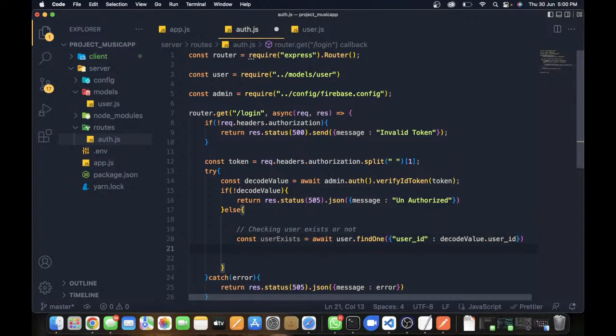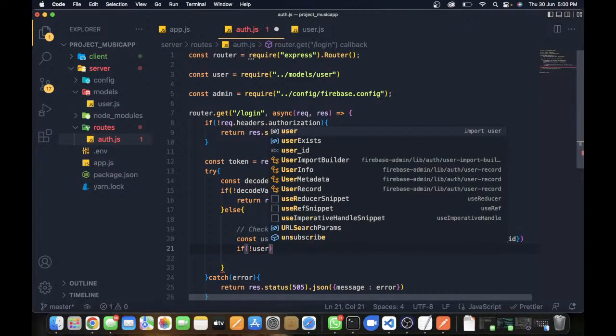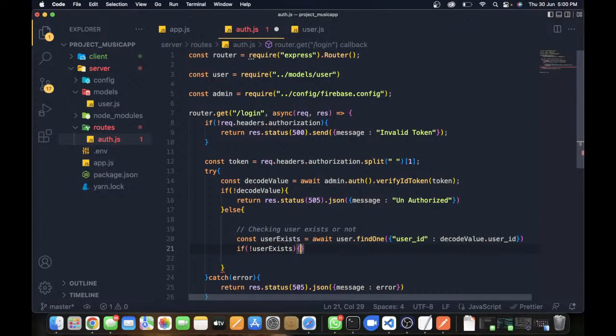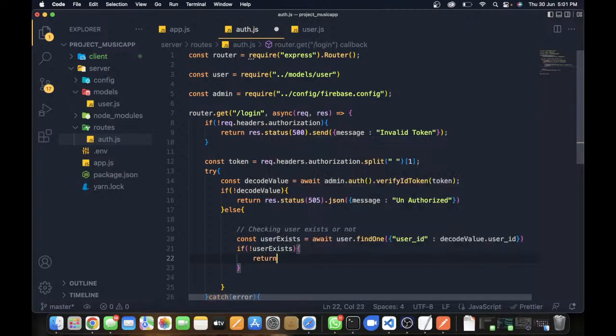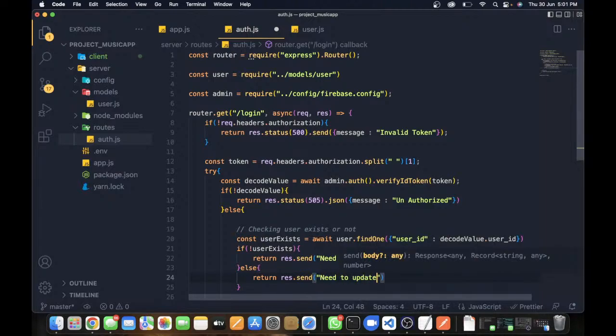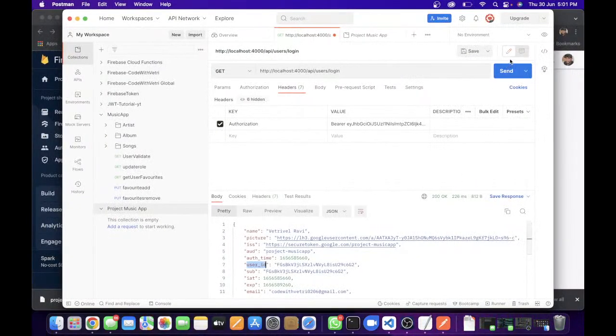So let's say if not userExists, here we have to create a new user. So let's say return response.send "need to create", else we have to update. For the time being, I'm just saying return response.send "need to update". So let's save the changes and let's go here, and if I click send,